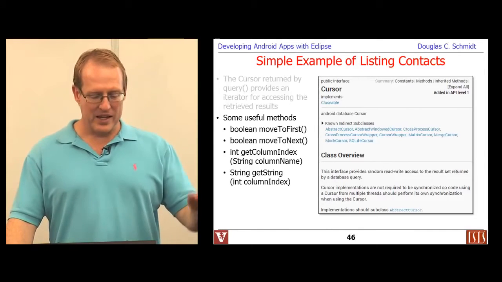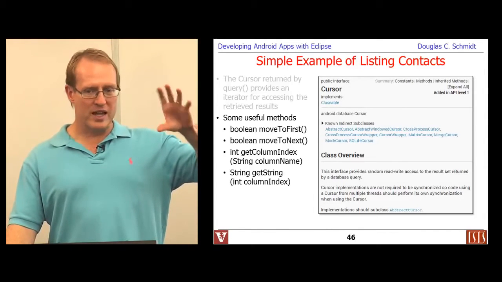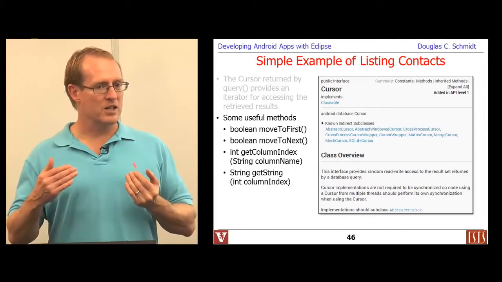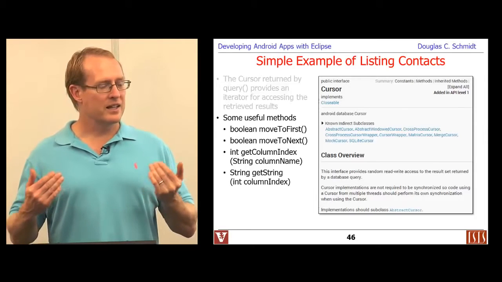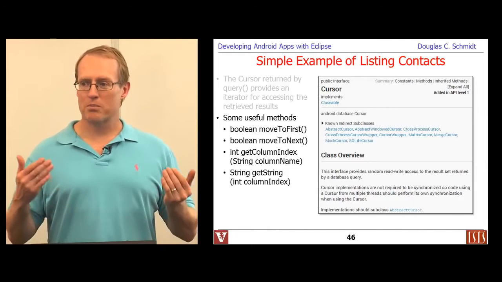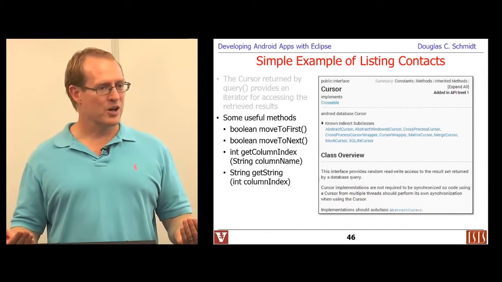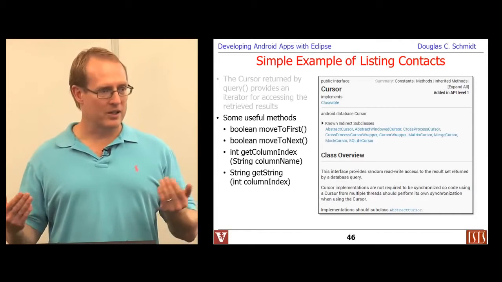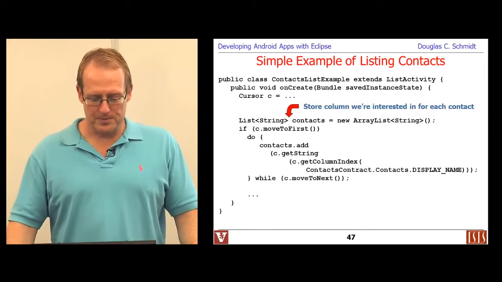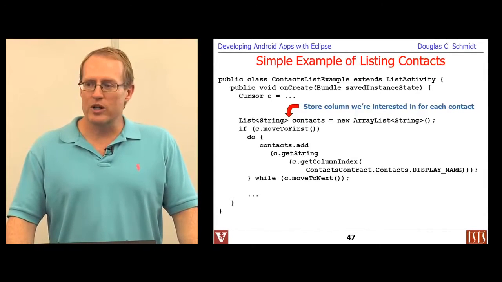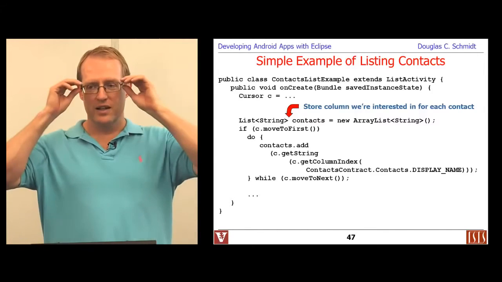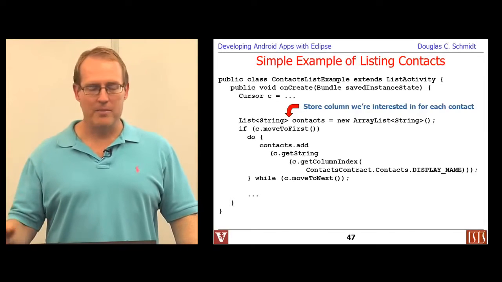And you can also go ahead and get information from here. You can get the index of a particular column name. You can get the string that corresponds to what's in there. So you can basically get access to the read-only data that comes back to you from the underlying content provider, which is what populates this cursor as part of the query method. And we'll come back and look at that in more detail. Take a look here for finding out more information about cursors. So in our example, we're going to go ahead and basically say, give me back a cursor that contains all the items that I have in the particular phone list, my phone app, and you get that back as a